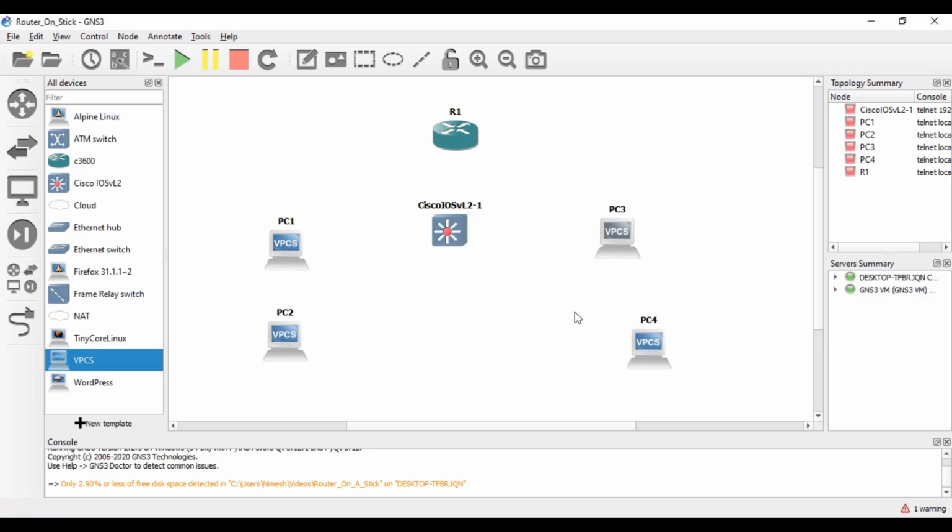Right, we have four PCs. Then I will name this VLAN 10